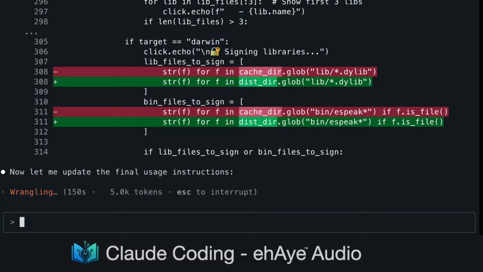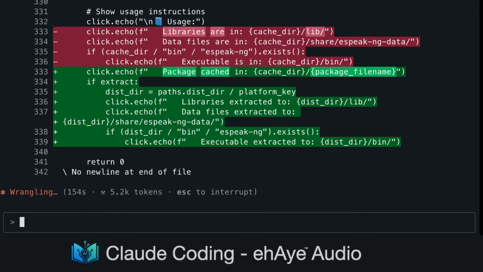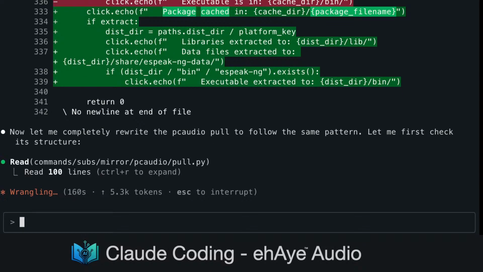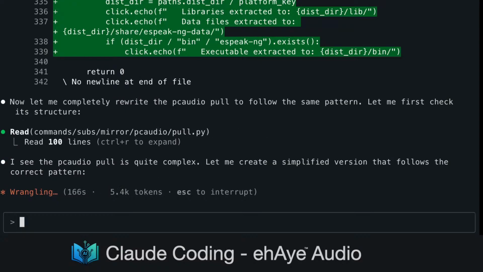Now let me update the final usage instructions. Now let me completely rewrite the Claude pull to follow the same pattern. Let me first check its structure. I see the Claude pull is quite complex.